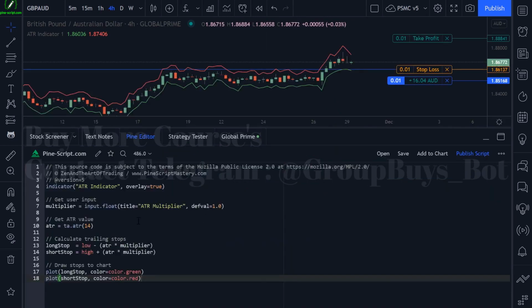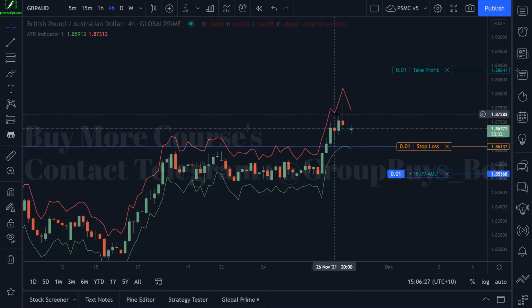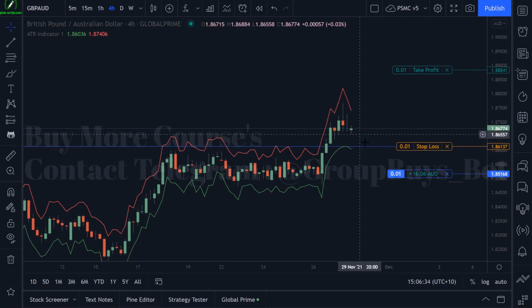Very simple, only a few lines of code here, and we have a trailing stop indicator that we can use in our trading. In future lessons, I will show you how to create actual trailing stops where you can click on the chart and it will start trailing a stop loss from where you click. I will also show you in the automation section how to automate your trade management if you're a Forex trader or you use Pine Connector or